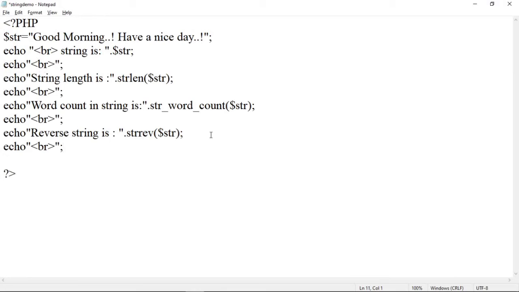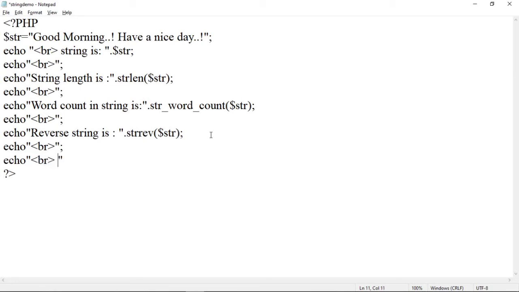After that, to find out the position of a certain word in a string, we will use a function. So for that let us add an echo statement first. So echo, then let us add a statement here.